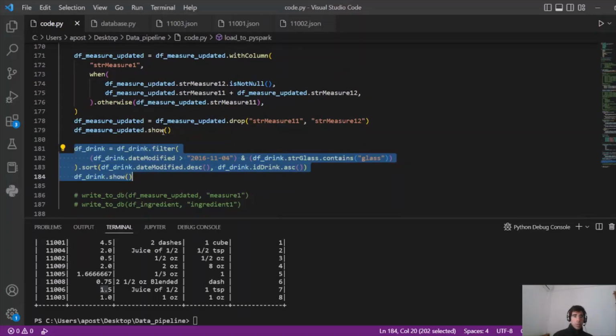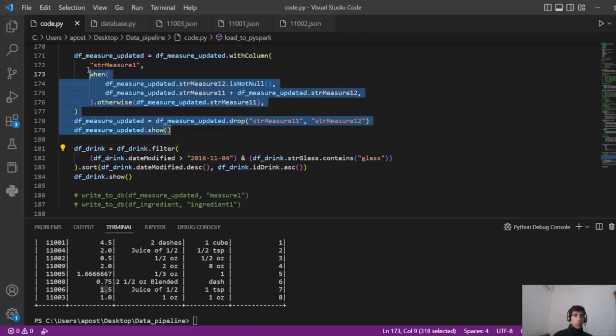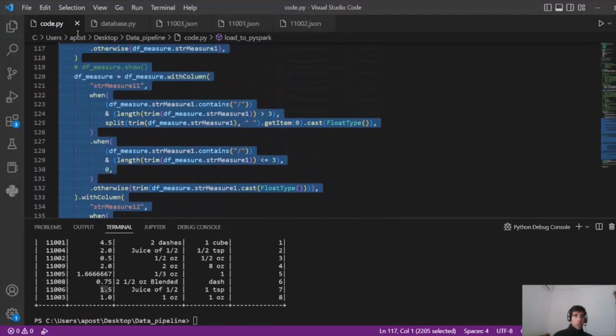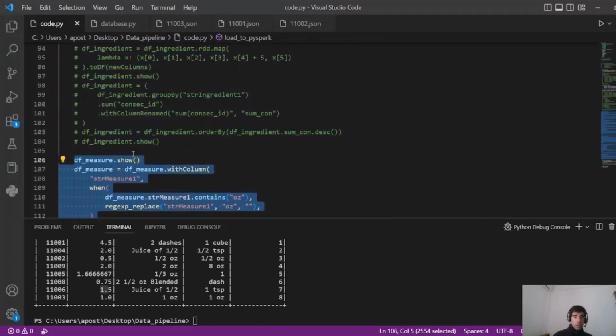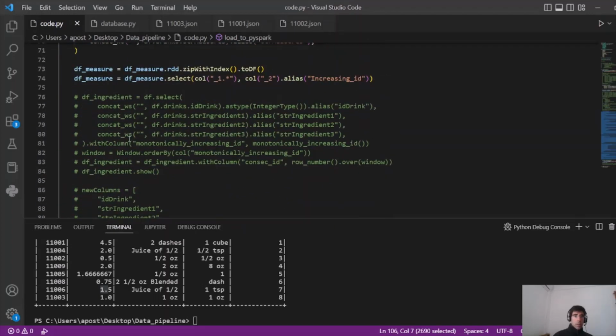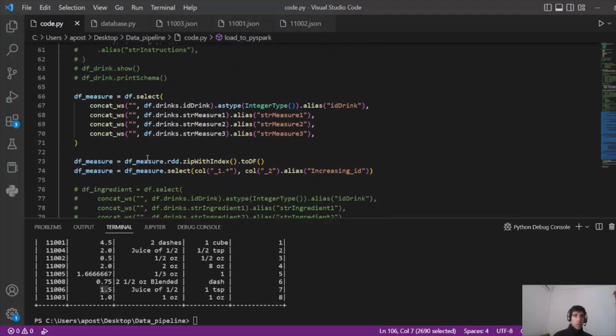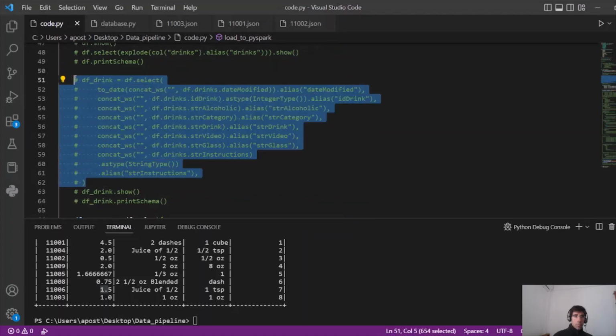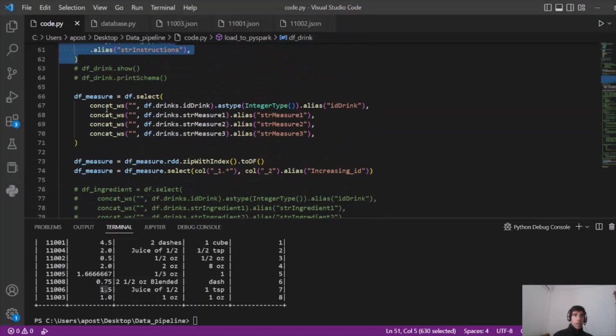Now let's move on to the third data frame, which is the df drink, but let me do that first. You can use filter. So this is how you filter data in PySpark. Let me remove that for a second. That's the second, and bring back this one, df measure. Nope, df select, df drink, right? So bring that back in, and